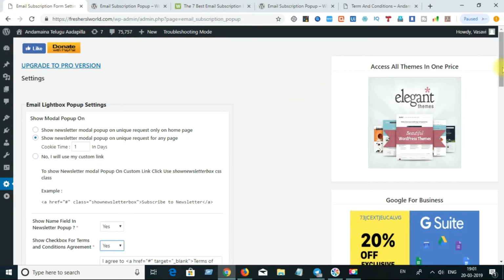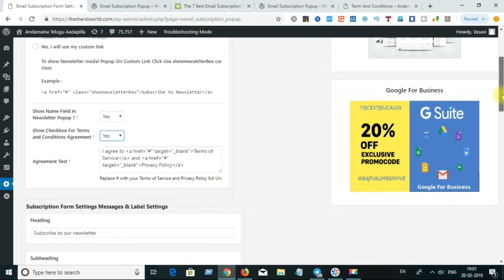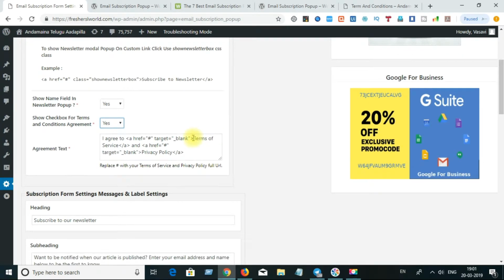As part of the pop-up, you should always display the terms and conditions also. So check whether the terms and conditions URL exists in your website or not, and if not, just create a terms and conditions page and give that particular link from the settings.